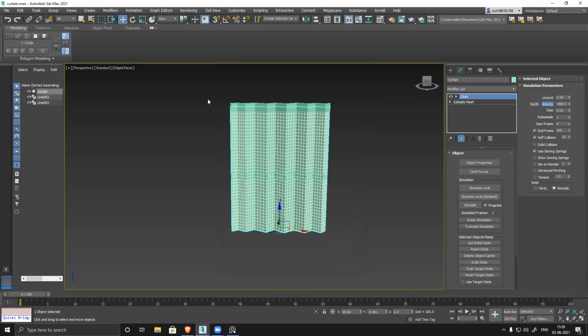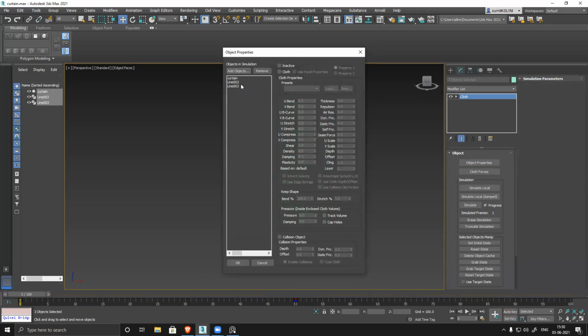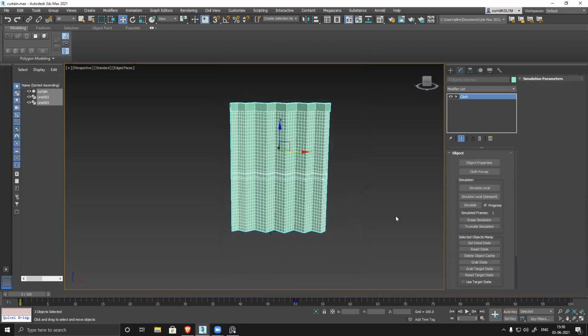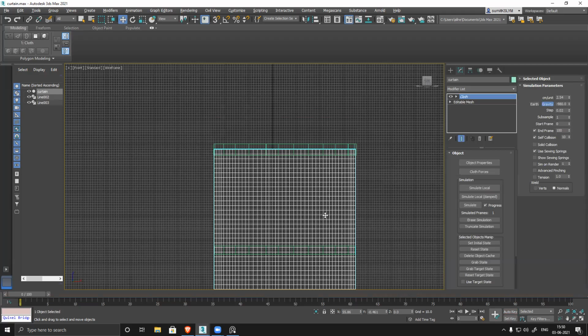So I'll just fix it. Curtain is cloth. These two are collision. Okay. And now go to curtain, front, same technique.